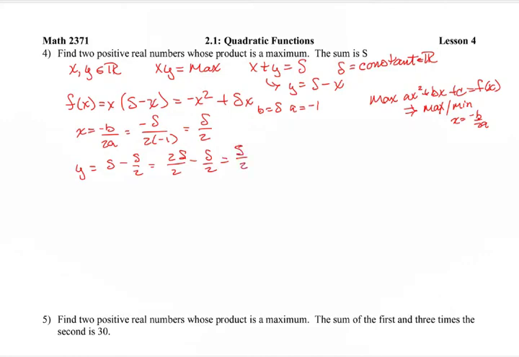Now, I want to be complete in my answer, so I'm going to actually find out what that maximum is. So what is f of s over 2? So that's going to be negative s squared over 2 squared minus s times s over 2. So that equals negative s squared over 4 minus s squared over 2. If I get an LCD,